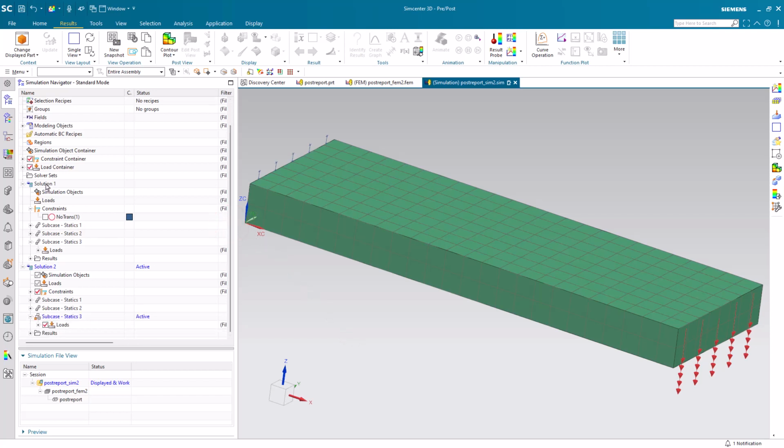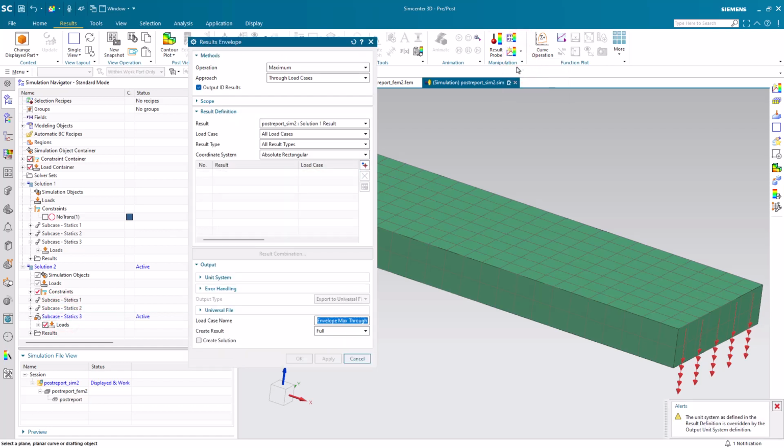Today we'll look at how to find the maximum result across multiple subcases and multiple solutions. Here you can see we have two solutions with three subcases each. In order to find out which one has the maximum, here we'll select operation as maximum, and through Loadcases